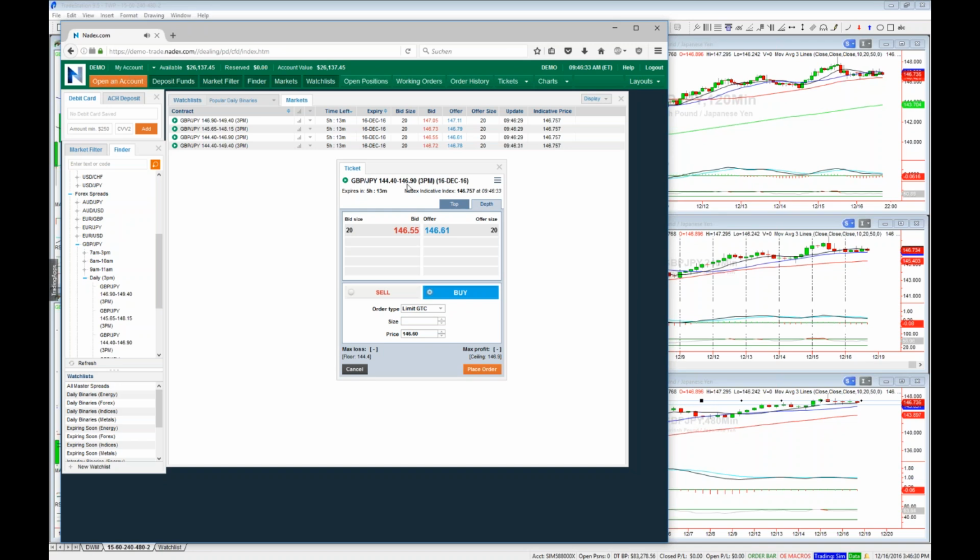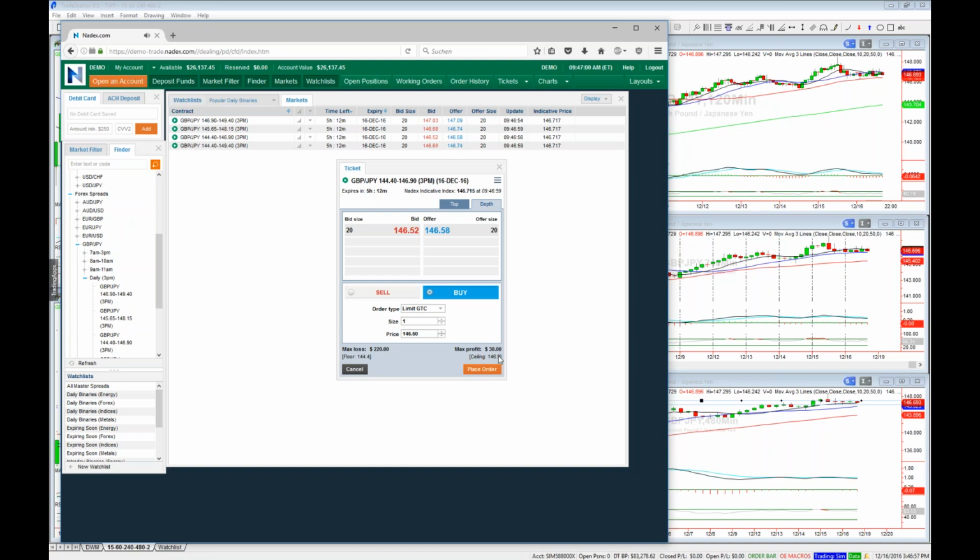The ceiling is at 146.90. This means the spread just has about 20 more pips of headspace before it hits the ceiling, before it doesn't have any further room to evolve. This means that the spread is pretty much trading at its maximum price. So it has a lot of potential